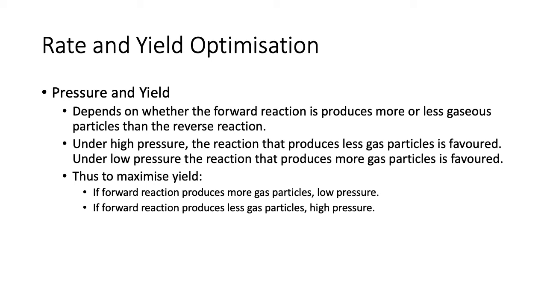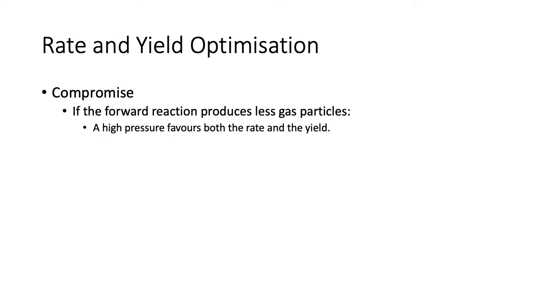No matter what, if you want a fast rate, you want a high pressure. But if you want a high yield, you may want a low or a high pressure. So there may be a time where you need to compromise. If the forward reaction produces fewer gas particles, will you need to compromise? No, you won't. You will just want to increase the pressure as much as possible, but you will need to